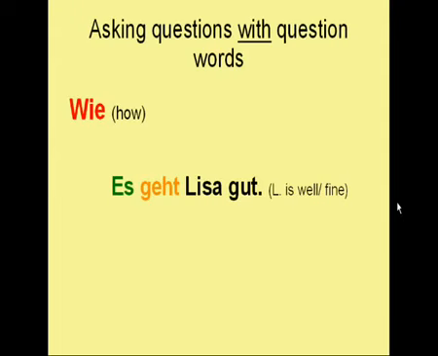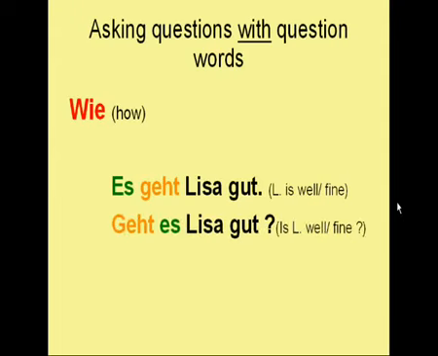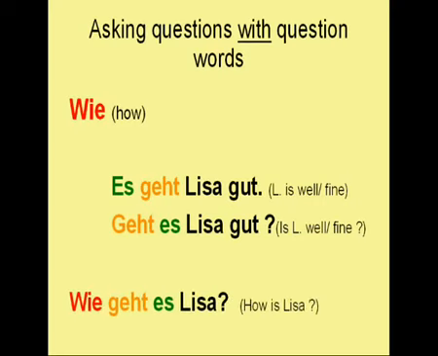But anyway, if I turn that into a question without question word, it would sound like that. "Geht es Lisa gut?" And again here, don't forget, geht is the verb, es is the subject, and Lisa is the indirect object of this sentence. So if I would translate it literally, I would say, does it go Lisa good? Or does it go Lisa well? Now with question word, this would sound like that. "Wie geht es Lisa?" Meaning, how is Lisa? If I would translate it literally, I would have to say, how does it go Lisa?